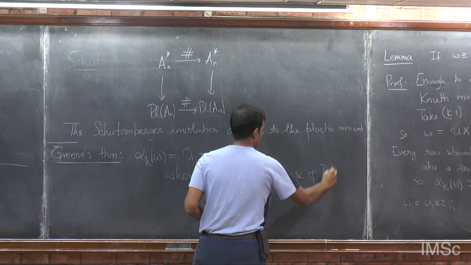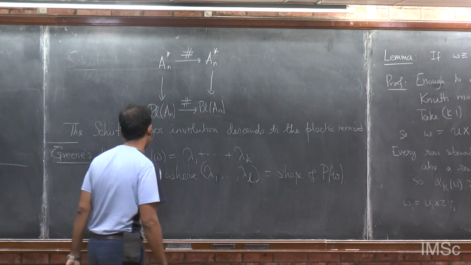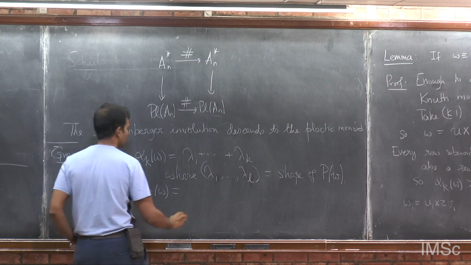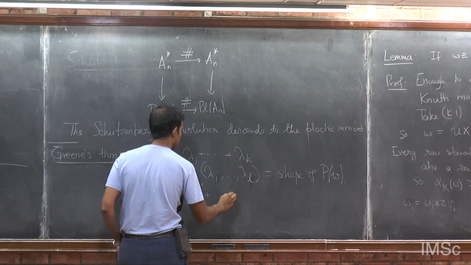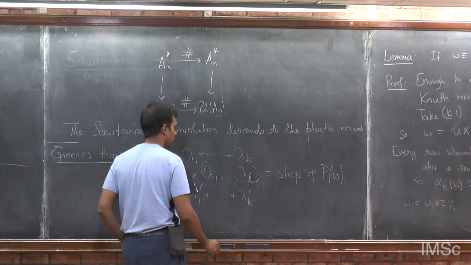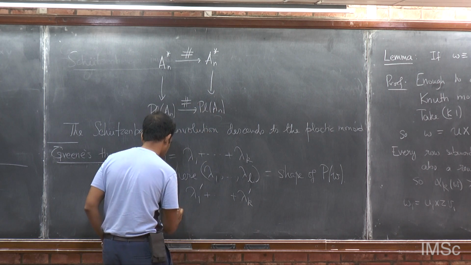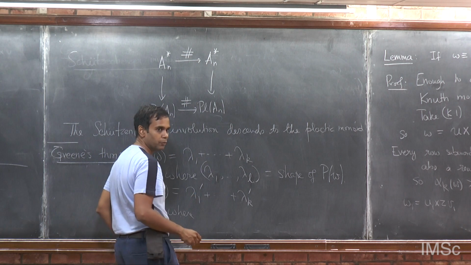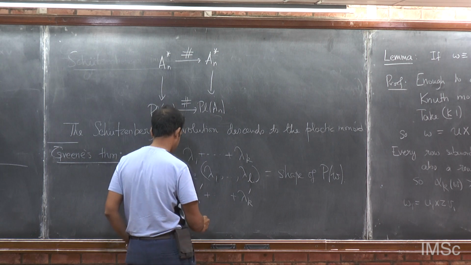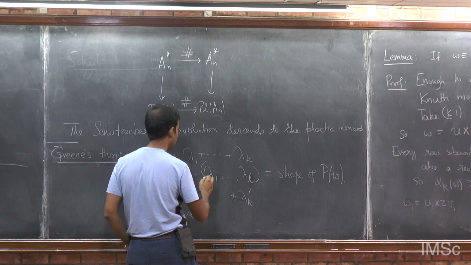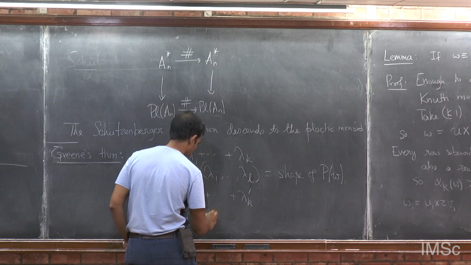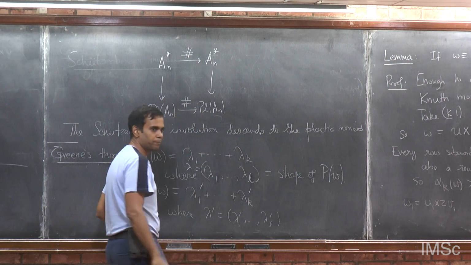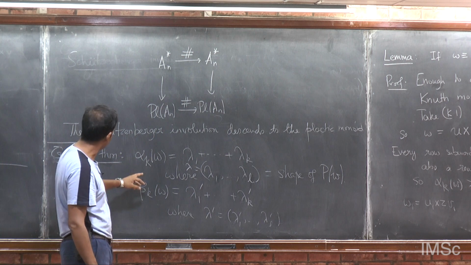of P of W, and beta k of W is equal to lambda 1 prime plus through lambda k prime, where these are the columns of the shape of P of W, the conjugate. So let us say this is lambda, the same shape. So a corollary of this is that for every word,